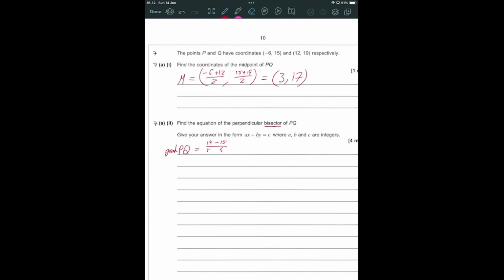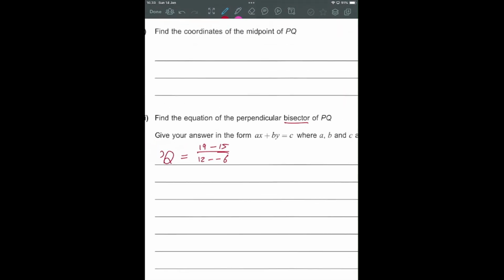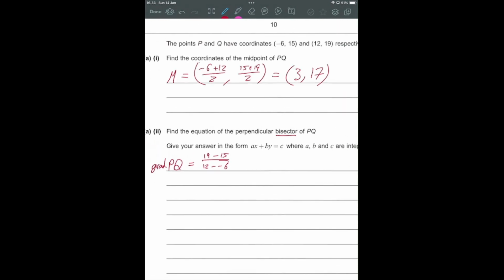Now, I did intend that to be negative on the denominator, but it didn't pick it up. 12 minus 6. Make sure I've got everything right. I've done the second minus the first over the second minus the first. That's good enough. That's 4 over 18 or 2/9. So the perpendicular gradient is the negative reciprocal, negative 9 over 2, and we know it's going through